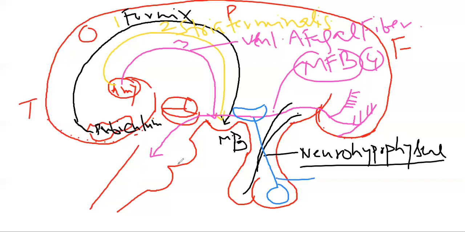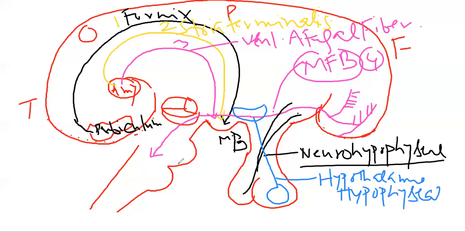So this is known as the hypothalamo-hypophyseal portal system. As there are two types of capillary, that's why it's known as the portal system. Next important pathway related with this is what? It is the